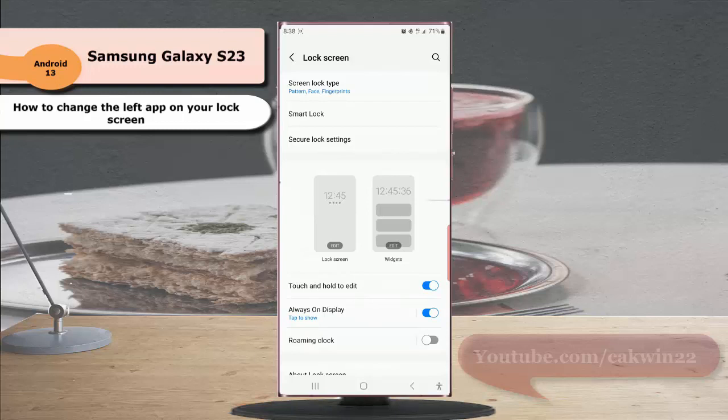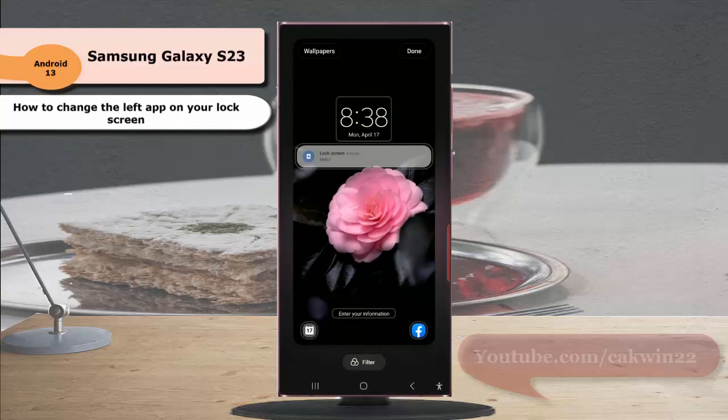and then tap the lock screen thumbnail to go to a screen where you can edit your lock screen. As a note, if you have enabled touch and hold to edit lock screen, you can go to this screen by tapping and holding your lock screen. Now tap the left app icon